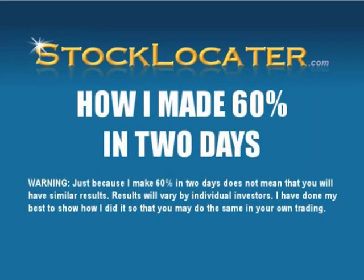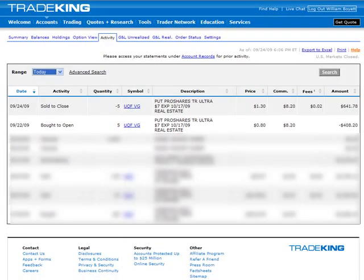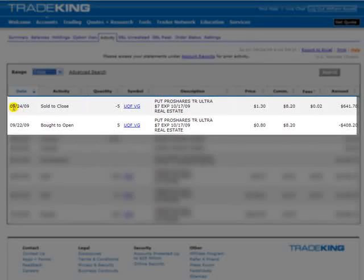Alright, here's where I'm going to show you how I made 60% in only 2 days. This is my TradeKing account, and I want to show you a trade right here. Notice the range says today. Take a look at this date, 9/24/09. That's today. Sold to close 5 contracts of